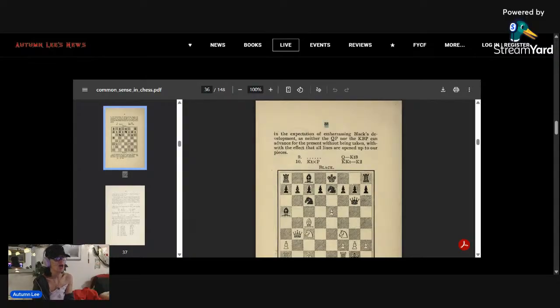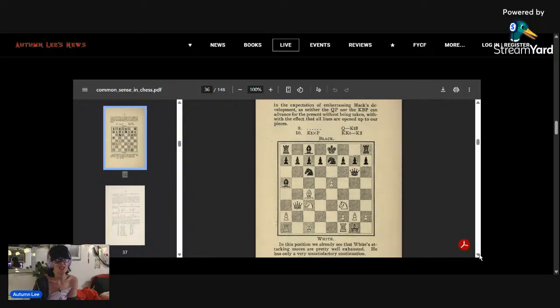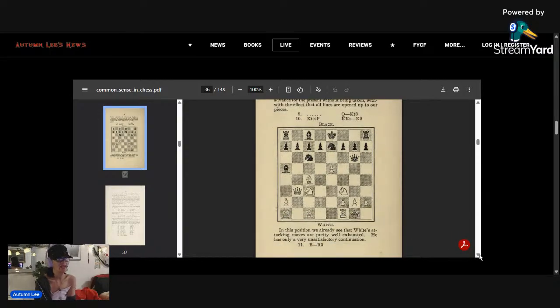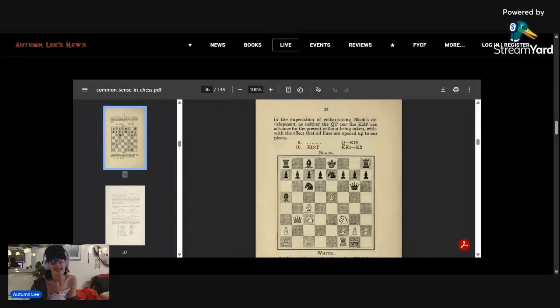Actually, it's off in the PDF document, but in the file itself, we were studying Evans Gambit. We had a presentation with defenses that Black can employ when White chooses to use this opening. So here's the positioning right here on the live page. If you type the number 36 into this little box here, you will be taken to page 38 in Common Sense in Chess,